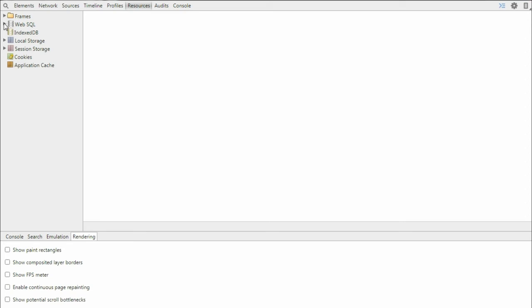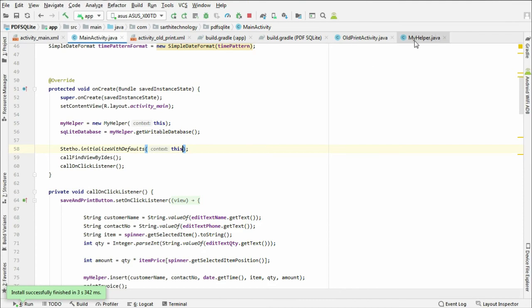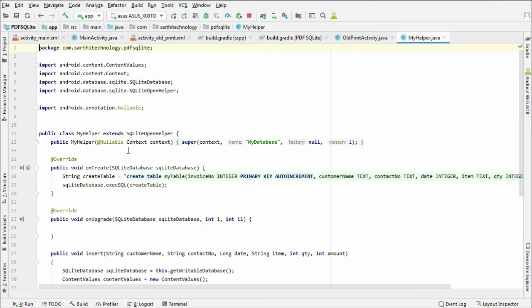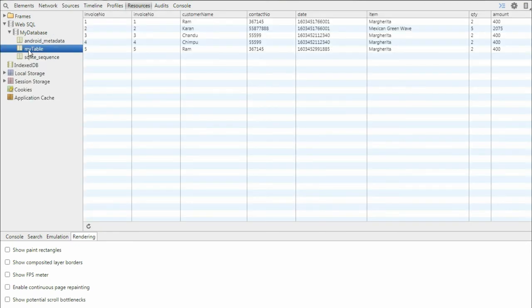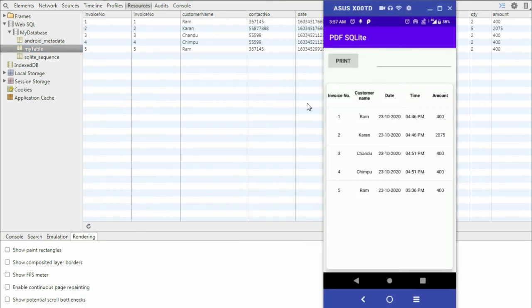Under Web SQL, click here, and you can see the database name as in my project: my database, and the table name is my table. When you click here you can see all the values in this table, and they match the values in the app.